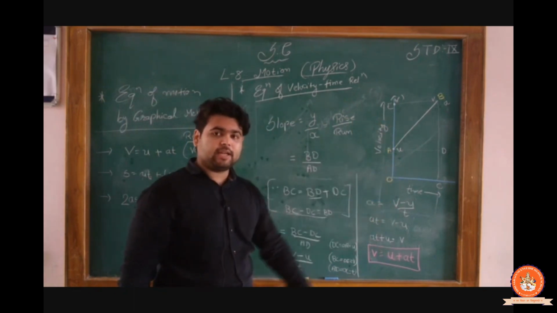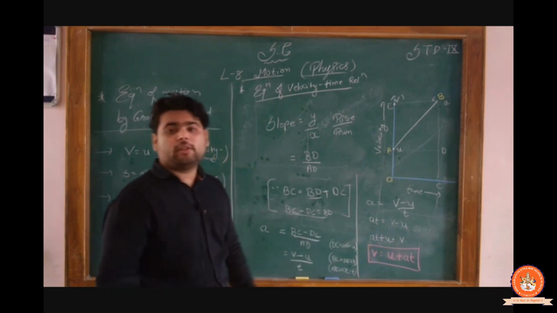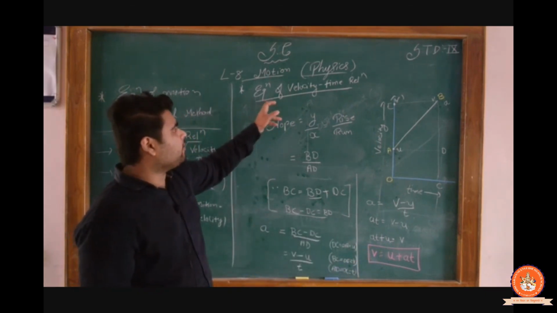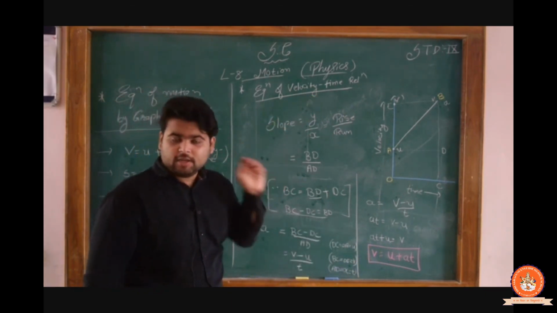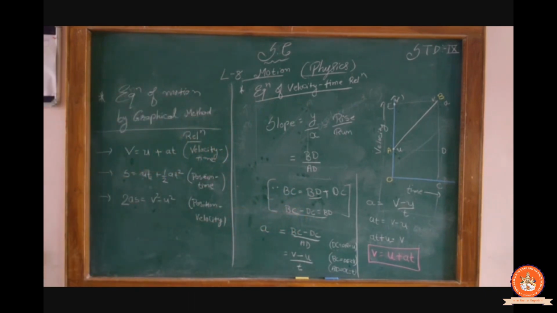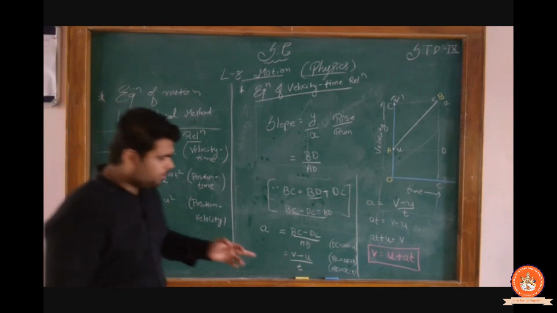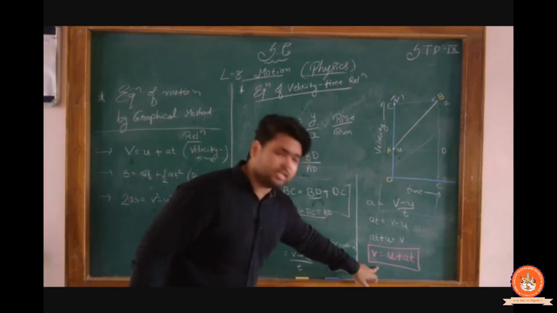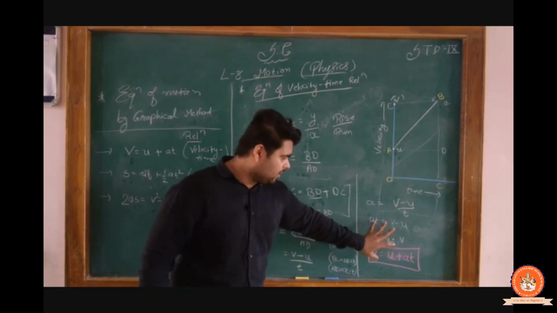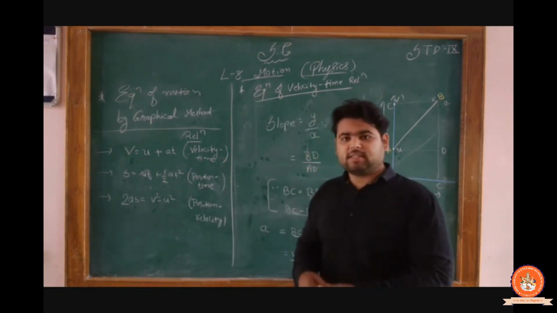Bacha party, remember this equation, the equation of velocity-time relation. Clear? In the exam it can be asked in both ways: derive the equation v equals u plus at, or derive the equation of velocity-time relation. Write it down or take a screenshot. The further two equations come from this equation; we will discuss them in the further lecture.